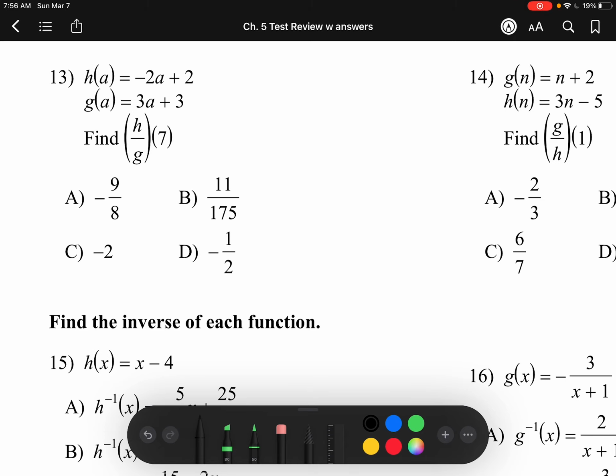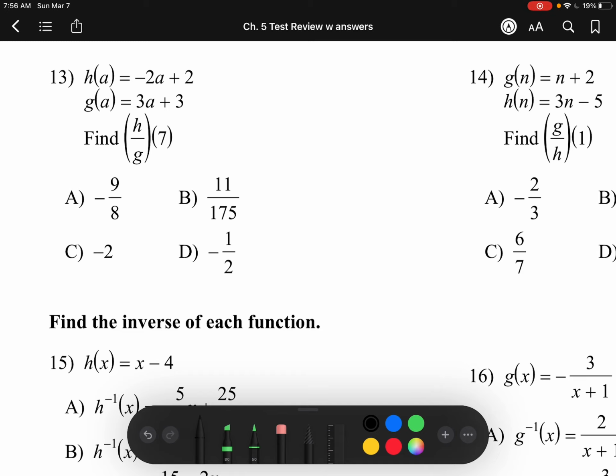So we're evaluating h of g for the value 7, right? So we have h of a is equal to negative 2a plus 2, and g of a is equal to 3a plus 3. There are two ways that we can solve this. When we're evaluating, you can either take function h and divide it by function g and solve what that is, and then plug in 7 for the a's, or you can plug in